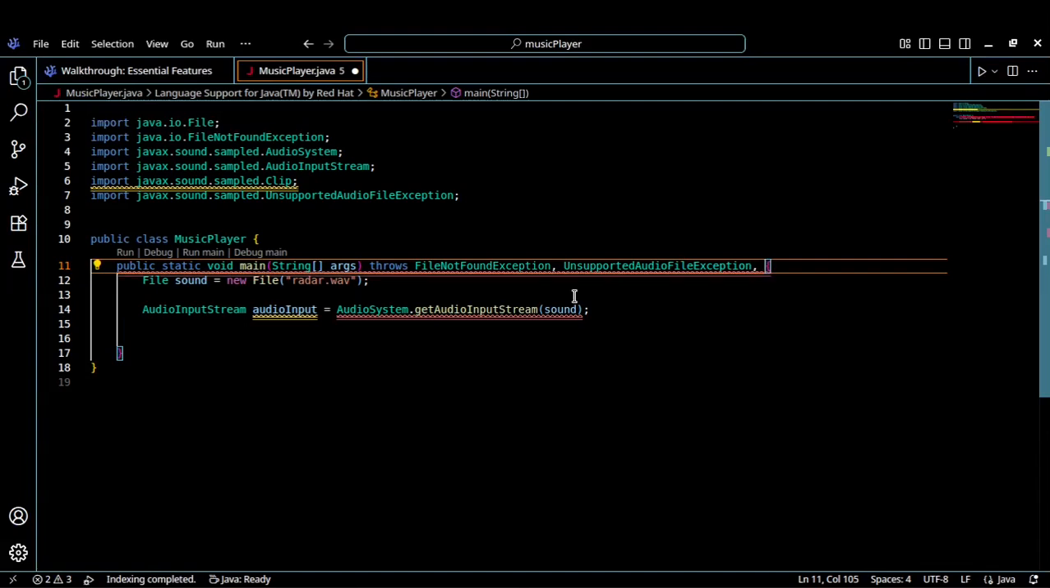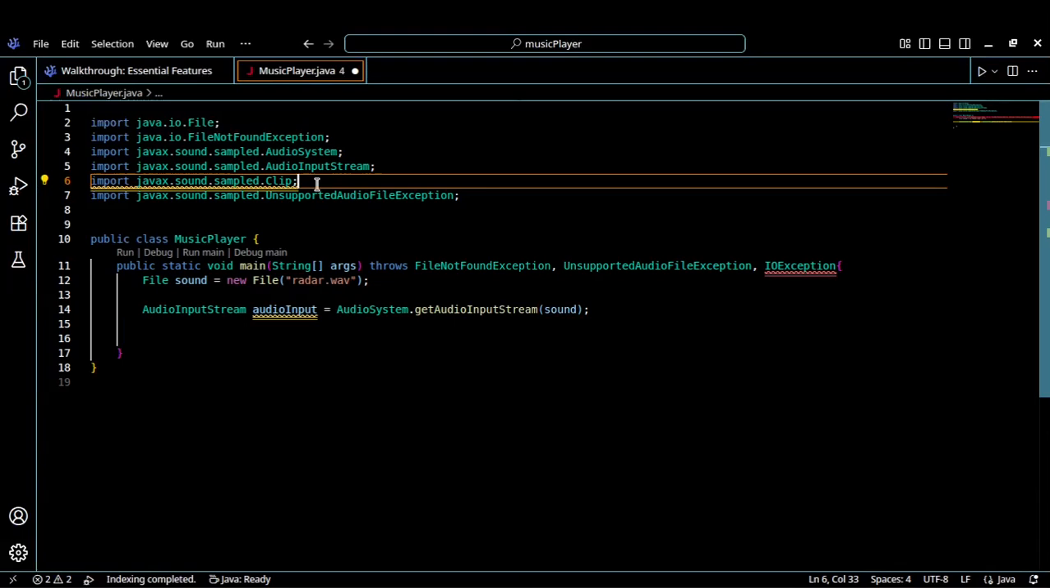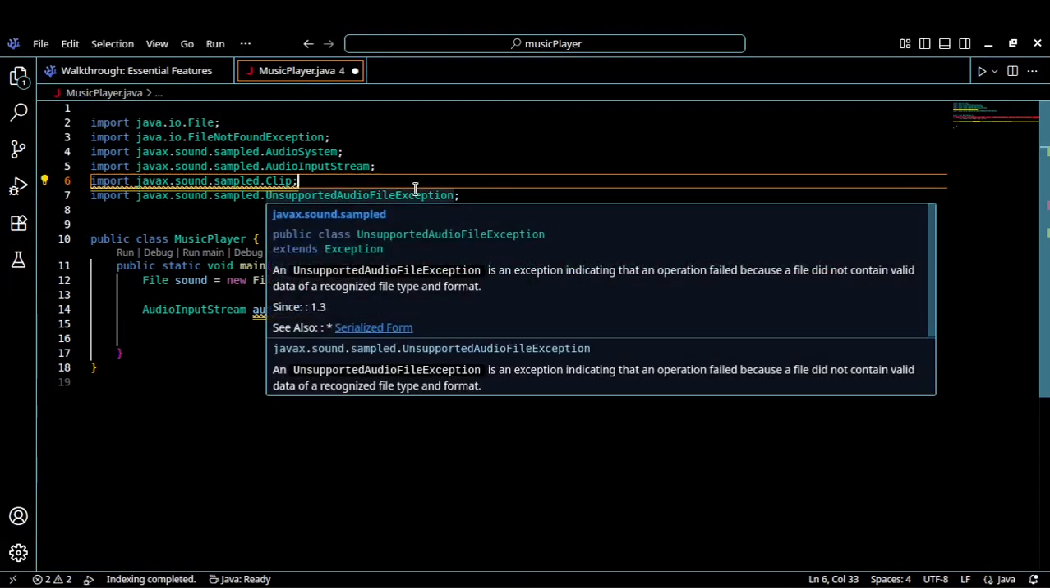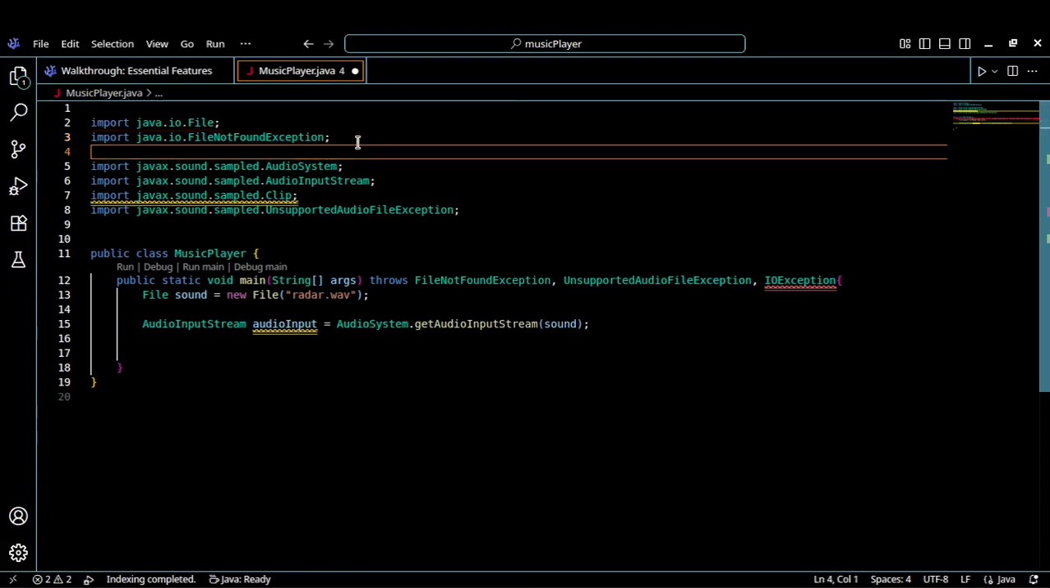And then we also have this I/O exception, I guess because it's reading from a file, so they just have the I/O exception being thrown. Right, so we don't have that here yet, but we can just go up here and add it. It's in the java.io section. So we go here and we'll add